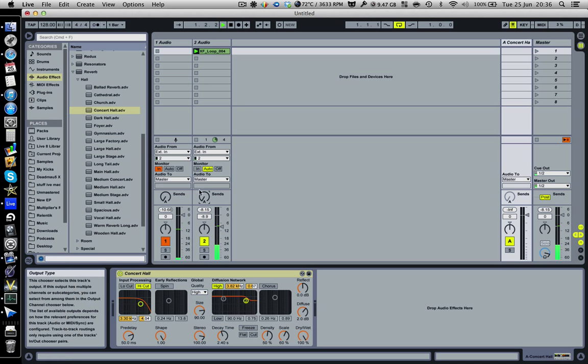Pretty cool. Most of the time you end up doing it quite subtly, like maybe leave it here. Which is cool, but the reason people stick things like reverb on the return track is because